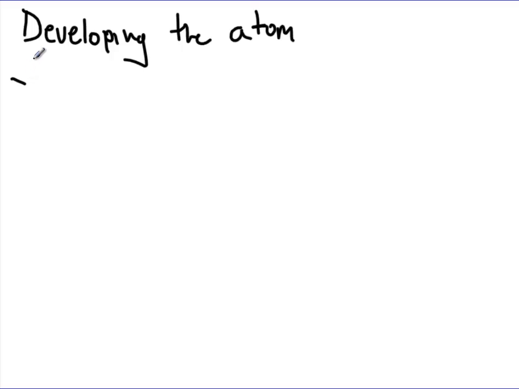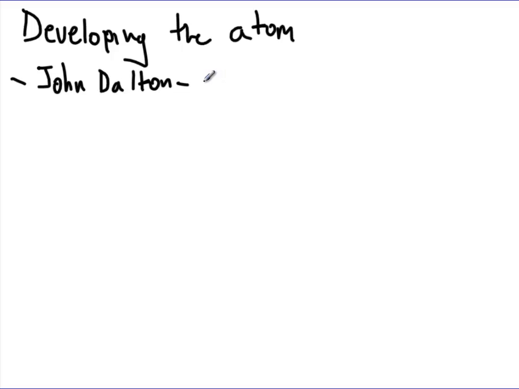Alright, we haven't always known about atoms, okay? 2,000 years ago, people were debating what matter was made out of, but it wasn't really until the late 1700s that we actually had a modern, scientific model of the atom. There was an English scientist by the name of John Dalton, and he was studying matter. He was looking at how it's put together, what it's made out of.